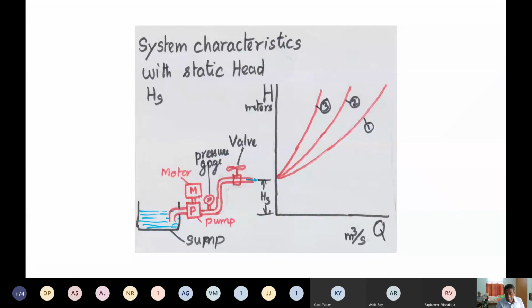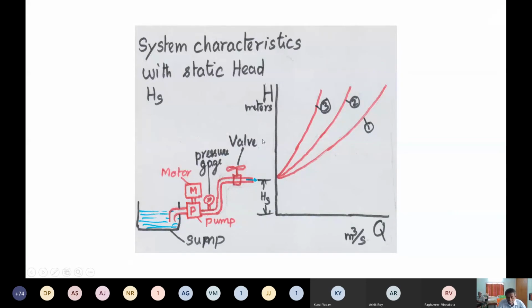What is the main difference? Static head, sir. There is a static head. So I have to initially keep the valve open to some position to get minimum discharge, or to begin discharge. I have to run it through some speed, because it has to develop that minimum starting head, or the shut-off head. Okay, then only the discharge starts.